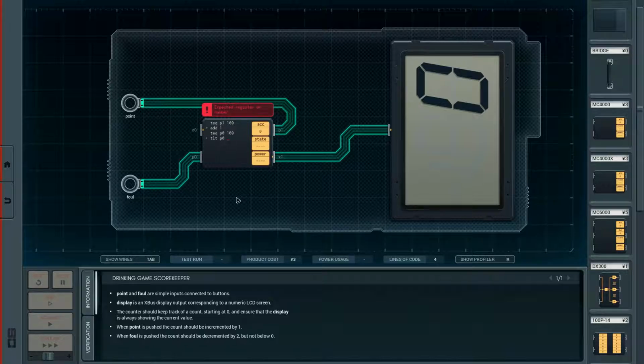If it's on and it's 0, do nothing. If it is not 0,